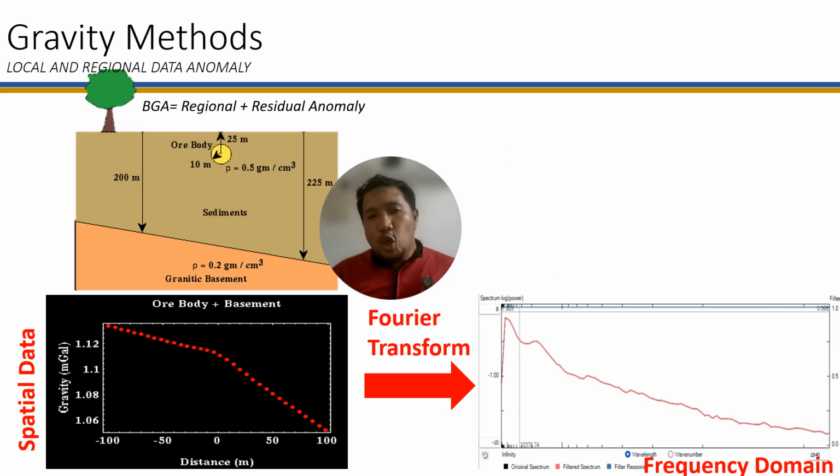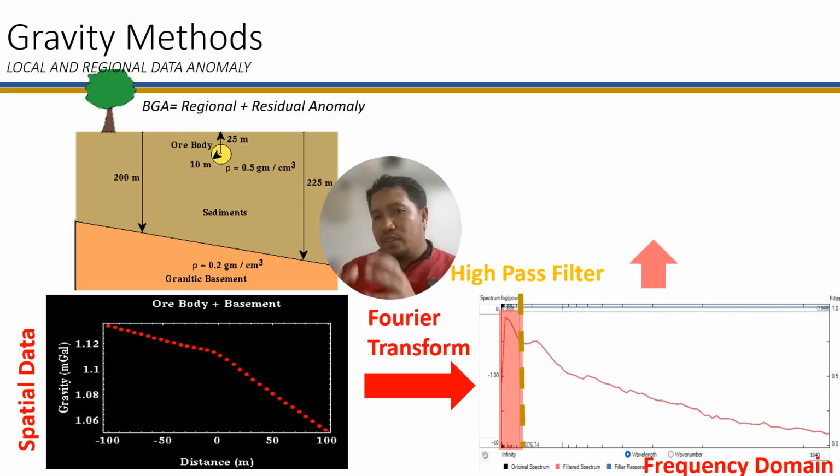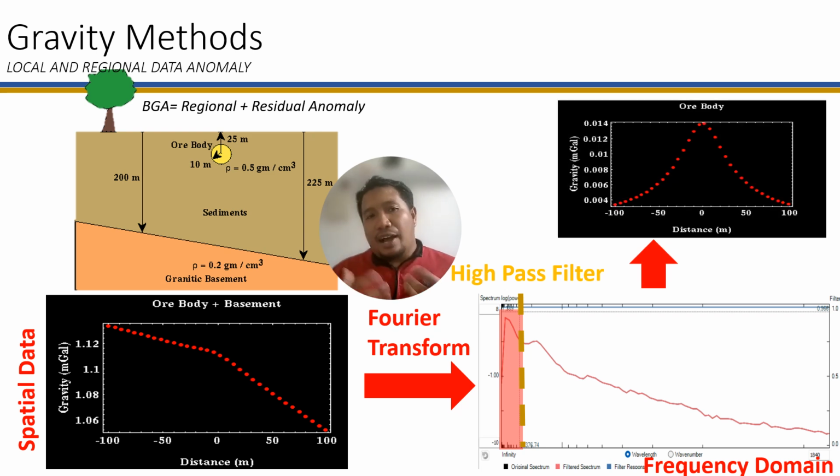In contrast to a low pass filter, a high pass filter operates differently. It removes low frequency while preserving high frequency. With their short wavelength, the high frequency components carry energy predominantly in the shallow parts, making them more sensitive and providing higher resolutions. The high pass filter captures shallow geological features but lacks the ability to penetrate the deeper layers